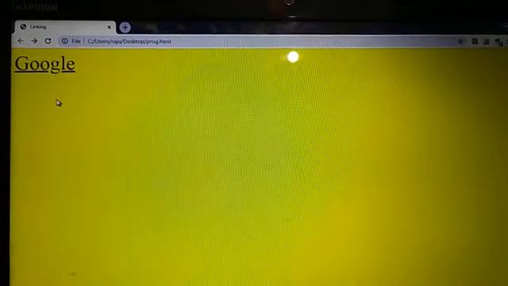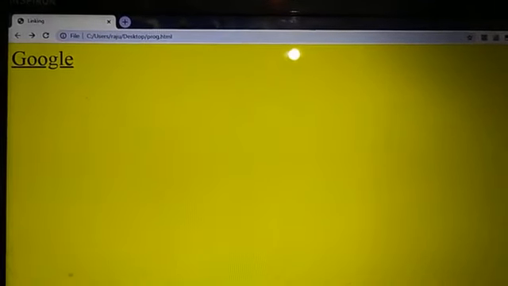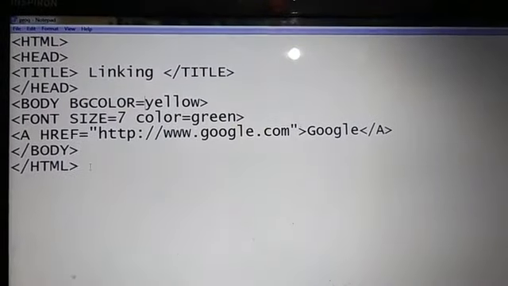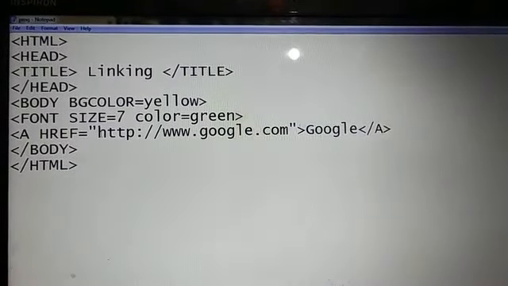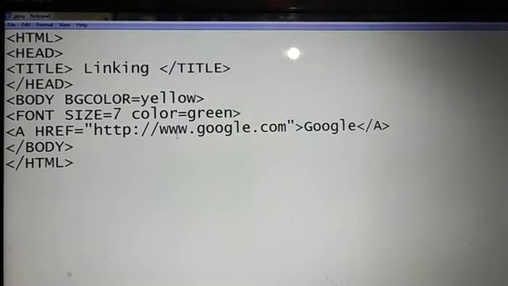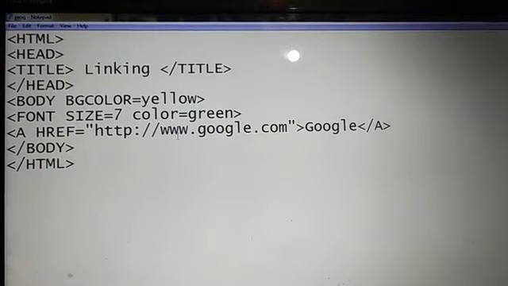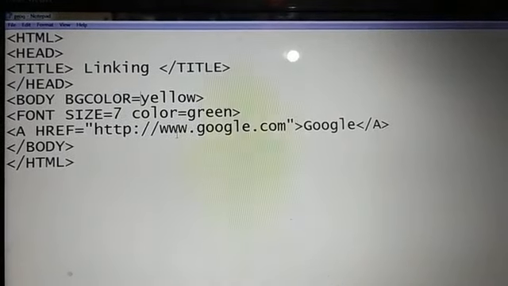If you want to go back, you can go back. You can give the link of any website here in Notepad like href, then you will give the link here http, then colon, then whatever website you want to open, and it will open. So this is all for today.